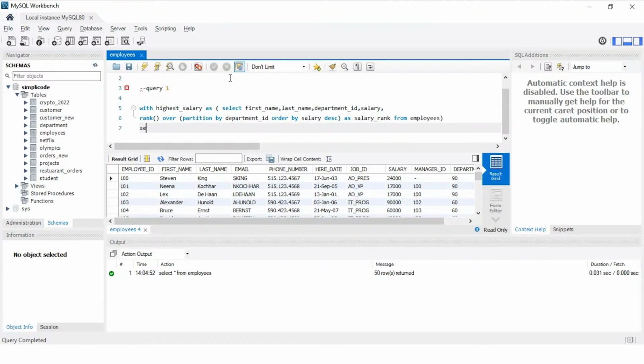Alright, and after that we have to mention the select statement again, where we'll display all the columns that we have mentioned in our CTE again. So let me just mention the first name, last name, salary, department ID, from. Now you have to mention the CTE that you have chosen here. Now highest salary is basically the name of our CTE. So I'll mention the highest salary here instead of the table name,